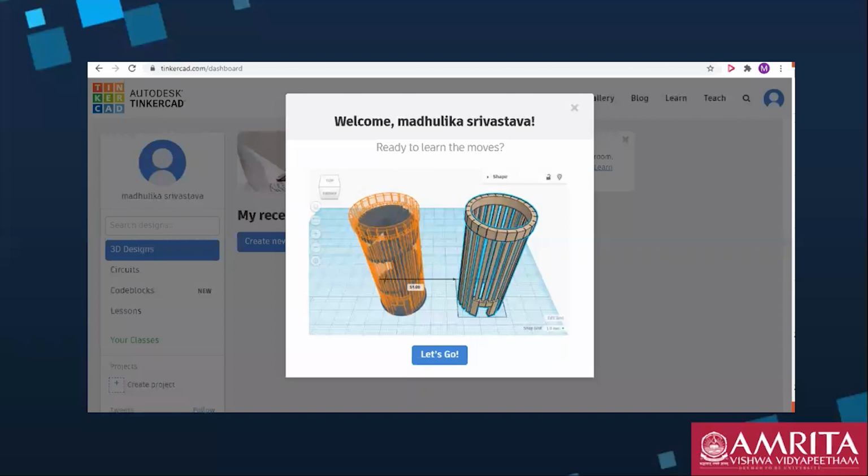Closed shape and hollow shape, you can use any of them. But if you're going for FDM, for making closed shapes, hollow shapes, you have to apply a sacrificial layer that is removed after you have made the object. I will demonstrate that also, what happens when you make closed shape structures.